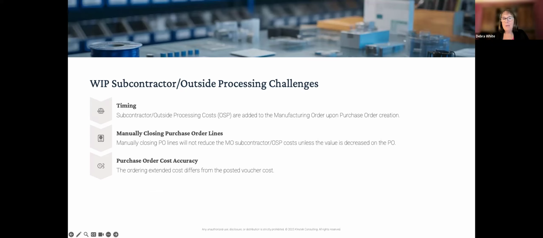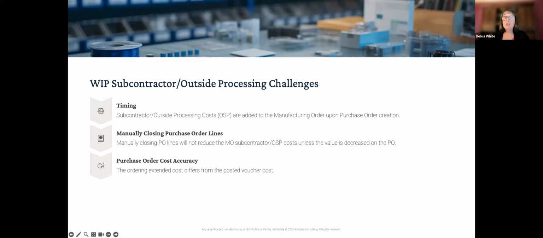The next set we're going to talk about is outside processing. Again, the chromate, them machining a part for you, painting a part, whatever you may be having somebody on the outside do, that's part of the routing of that manufacturing order. With an outside process, again, because manufacturing is fluid, it doesn't care about accounting periods. Just as soon as you create that PO, the cost is going to hit the manufacturing order. Okay? It is not going to hit the general ledger until you receive and you post voucher distribution to pay